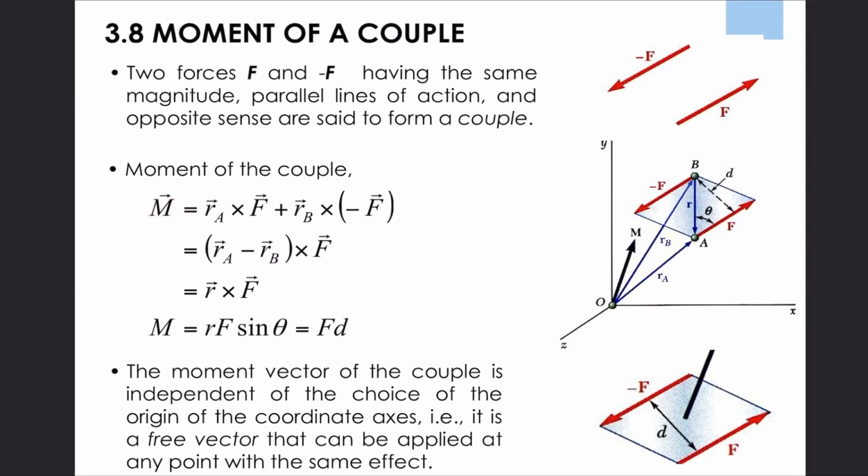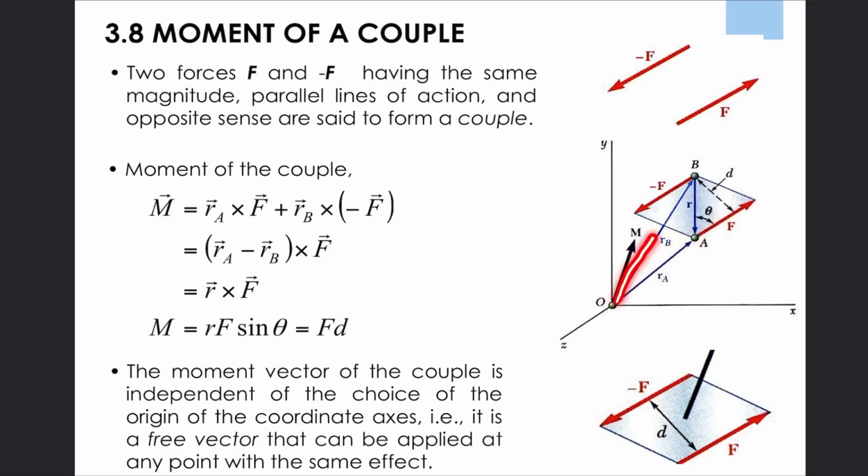So based on, in this case, based on point O. Okay, so again, moment is equal to R times F, or vector moment is vector R times vector F, where R is the distance from the point at which you will get the moment. So we have RA times, or the cross product of RA times vector F